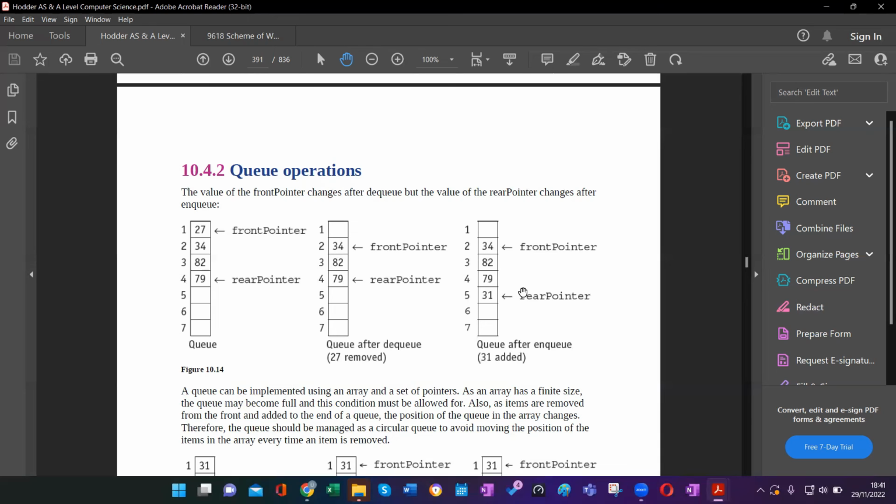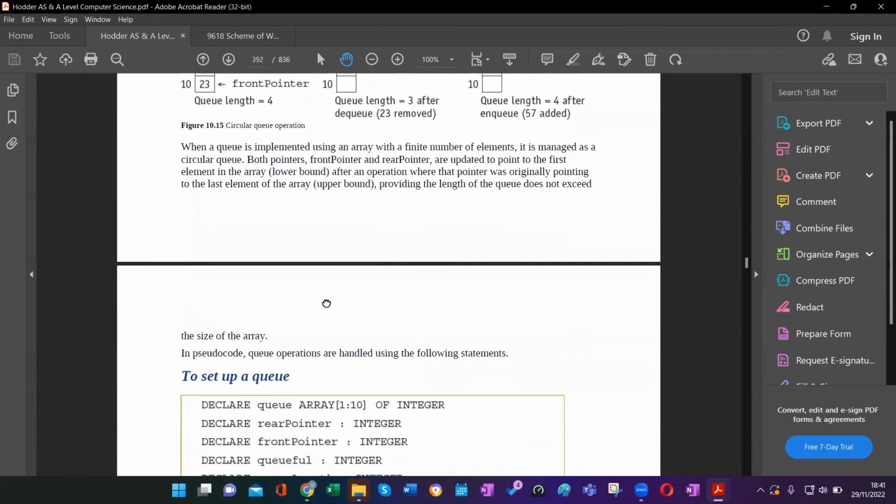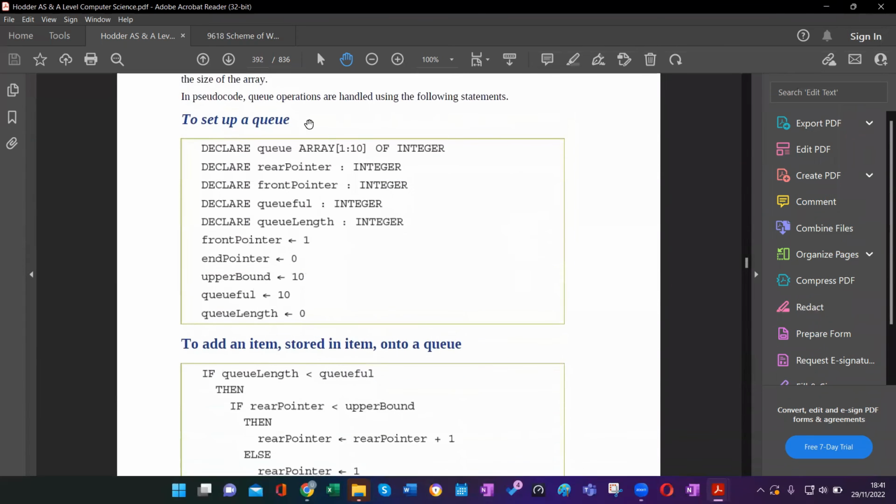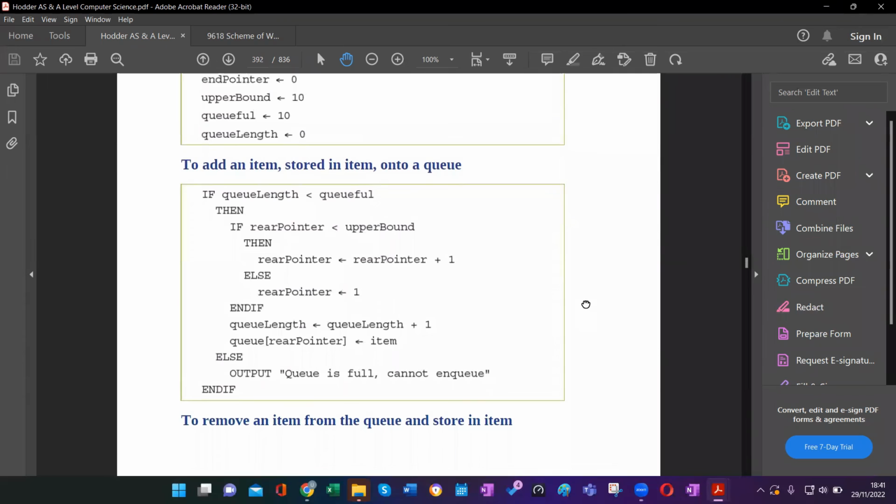So remember, you are enqueuing to the rear side. You are performing dequeue on the front side, right? Okay, so just look at that, and then how to set up a queue, and how to perform